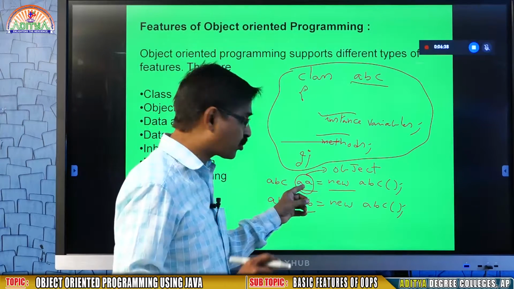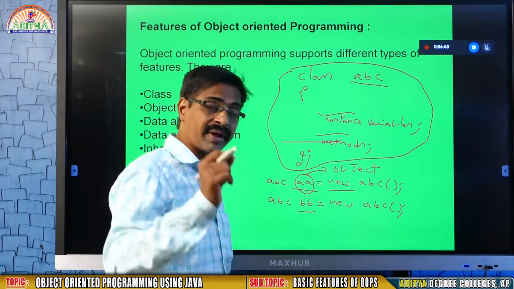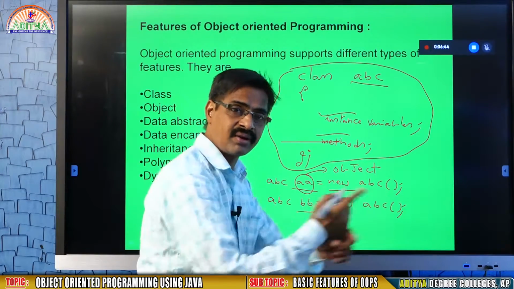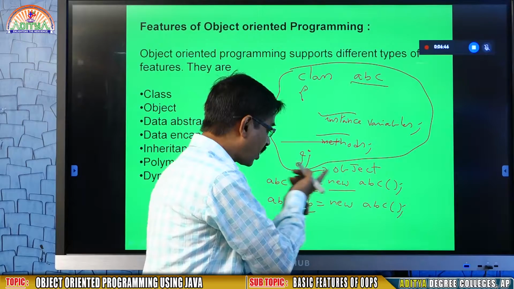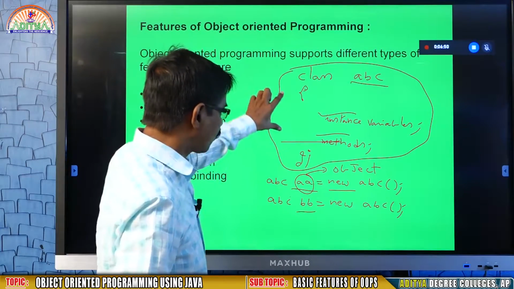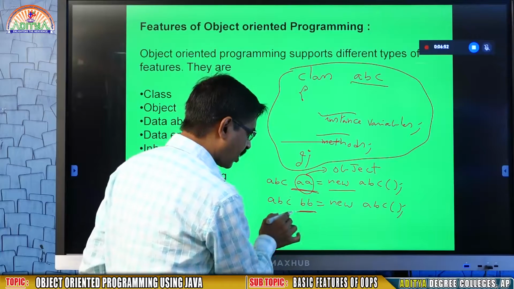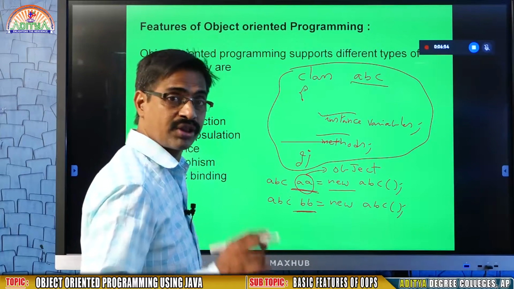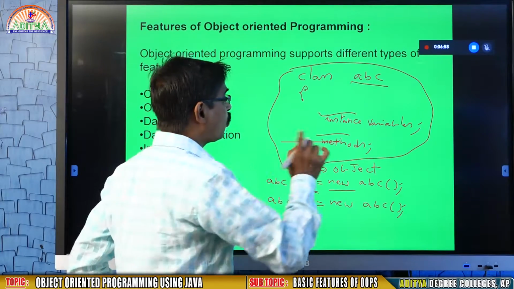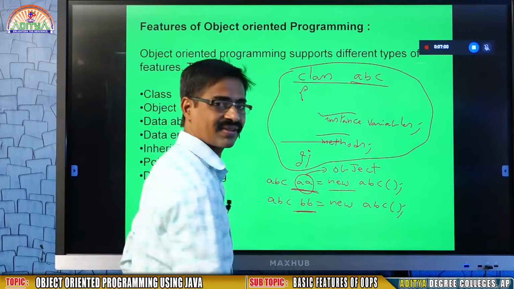That means you execute a method from Kumar, you execute a method from Raju. Because according to the method of Raju, Raju behavior is there. According to the method of Kumar, Kumar behavior is there. That means once you create a class, from that class you can create any number of objects. So that's why the root point in every object-oriented programming is how we are going to create this class.